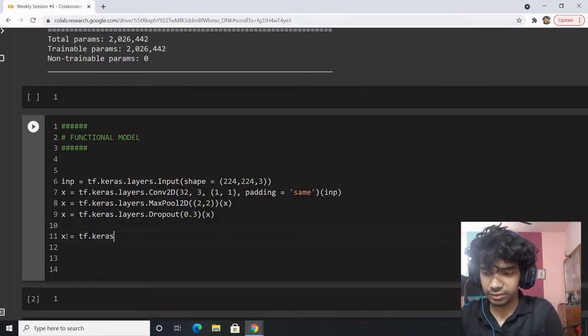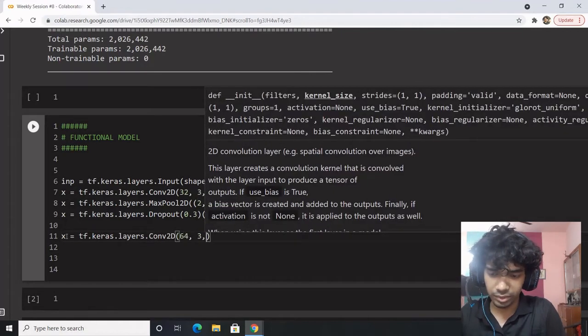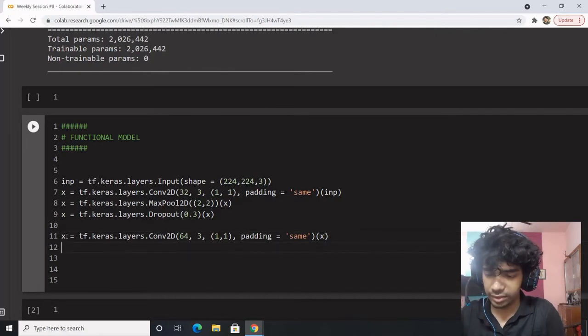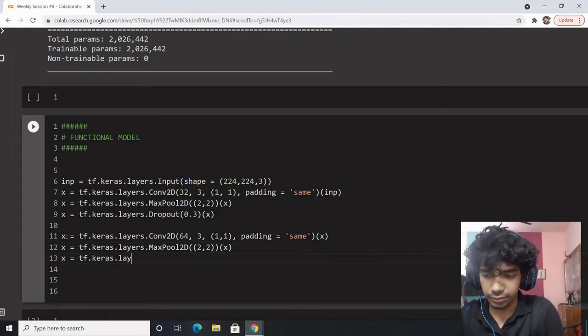Let's add more layers. tf.keras.layers.Conv2D 64, 3, 1 cross 1, padding equals same, x to tf.keras.layers MaxPool2D (2,2), and we have x over here, and finally we'll define tf.keras.layers.Dropout 0.3 x.